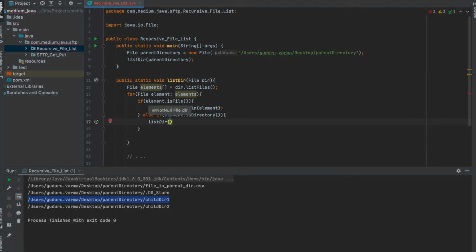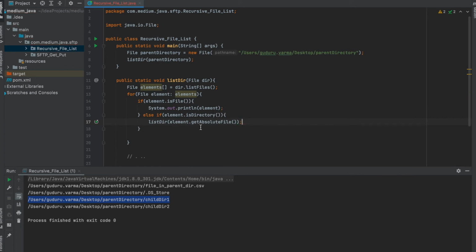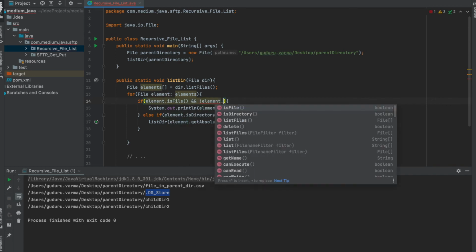listDirectory, and our new directory will be element dot getAbsoluteFile. So we get the child directory and pass that child directory to our listDirectory method. And if it finds any files inside that, it will go ahead and print them. And how do we handle .DS_Store and dot here? We should be ignoring those, and here we can use the And operator and mention if the element is not